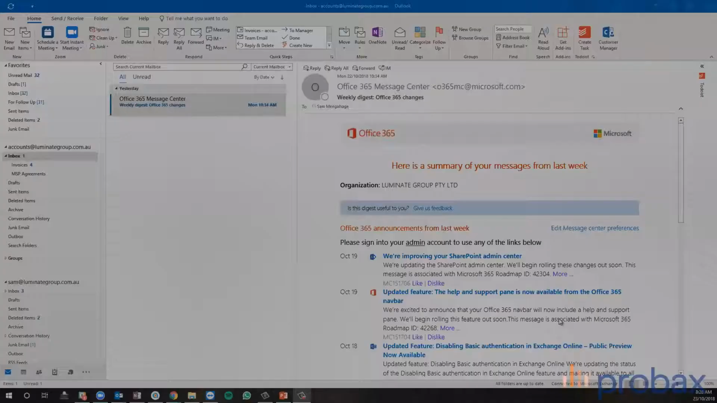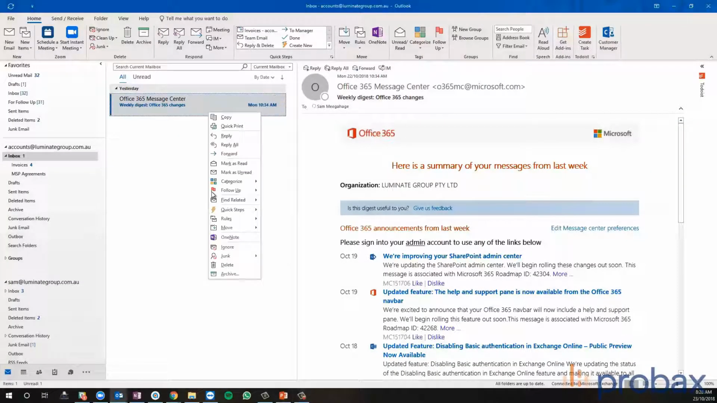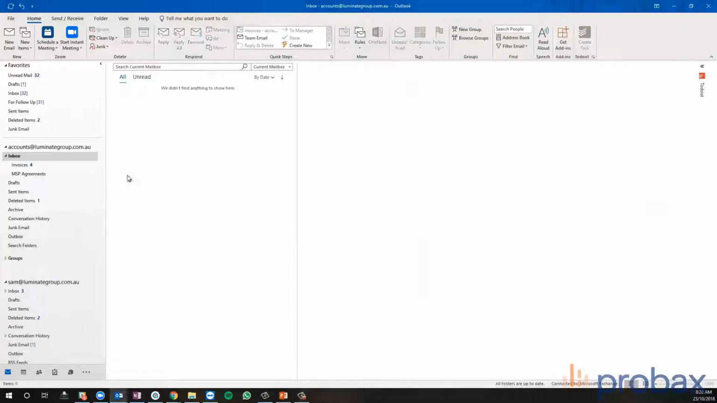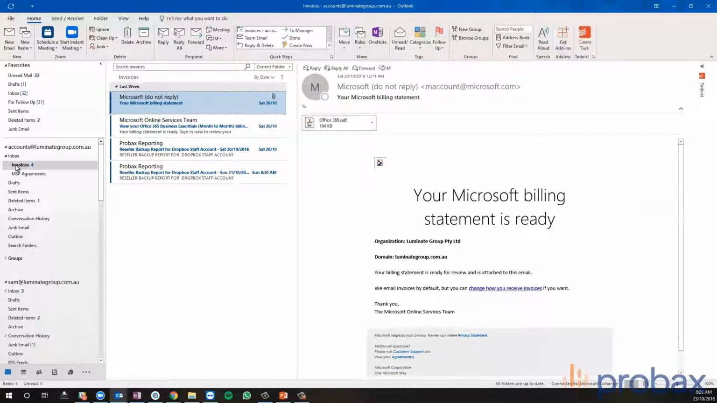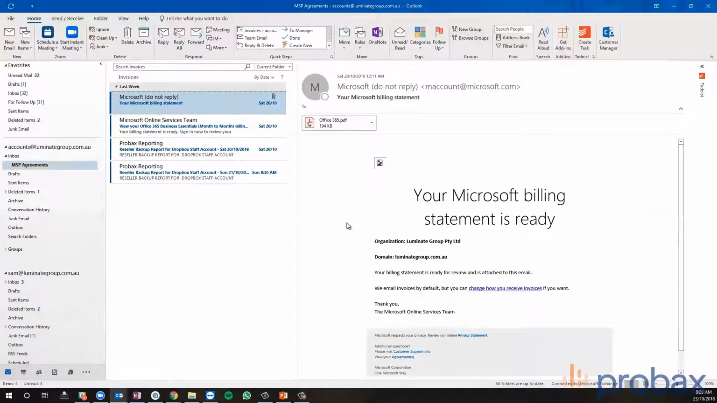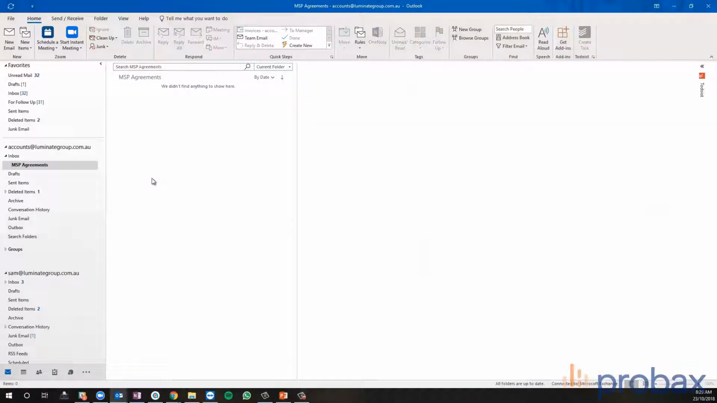Next, I'm going to open up Outlook. And I'm going to delete some items from my accounts mailbox. So I've deleted an individual email, and I'm just about to delete an entire folder as well. So there we go. So now that they're gone, I'm going to go back into Probax Control and initiate a